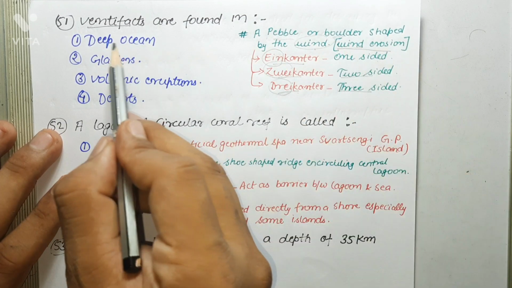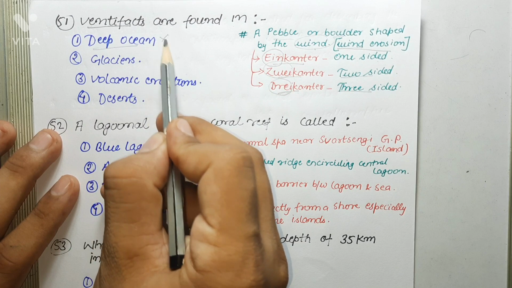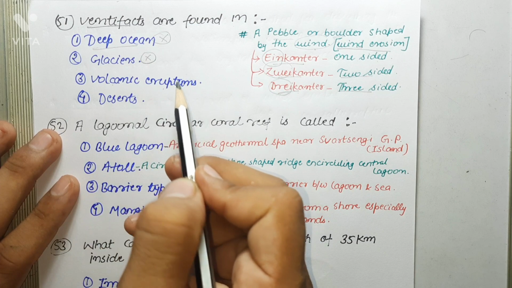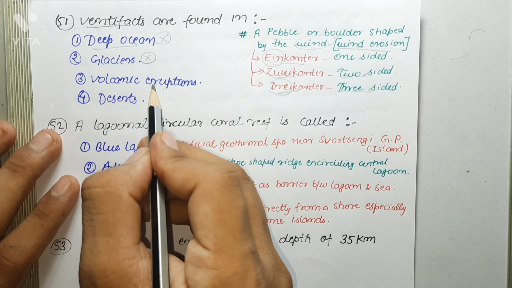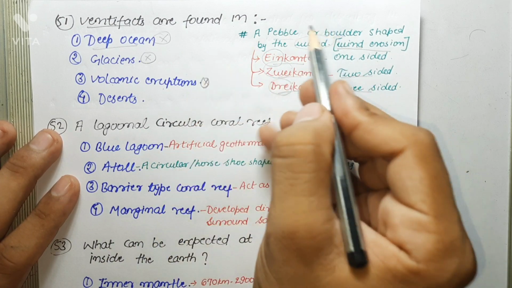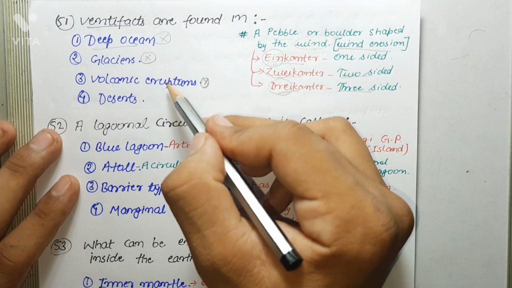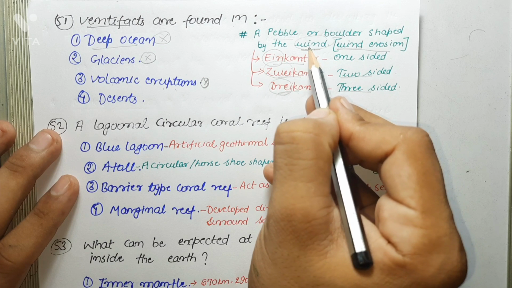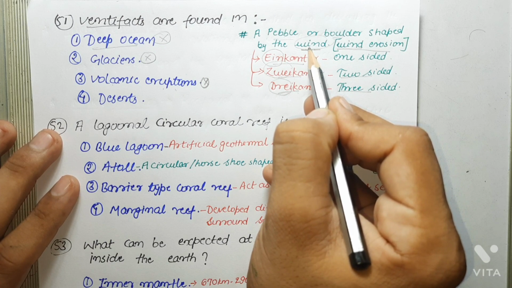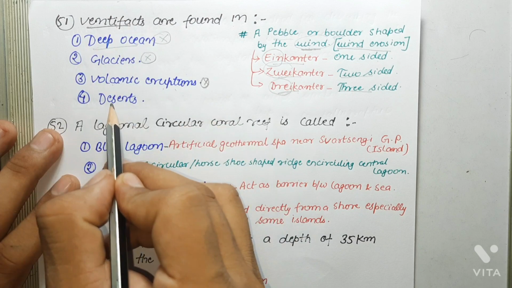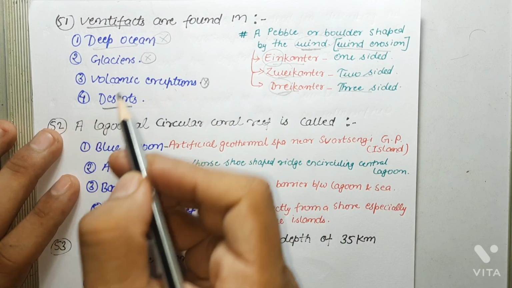So in the deep ocean this can't be formed. In a glacier also this can't be formed. In volcanic eruption, do you think so? Is volcanic eruption responsible for ventifacts by its definition? No. There is a need for pebbles or boulders, which you will not get in volcanic eruption. But where you get wind, and if this wind constantly bombards pebbles and stones in the desert with sand and dust, sculpting them into angular fragments, these are features formed by wind in a desert environment. So the correct answer is desert.